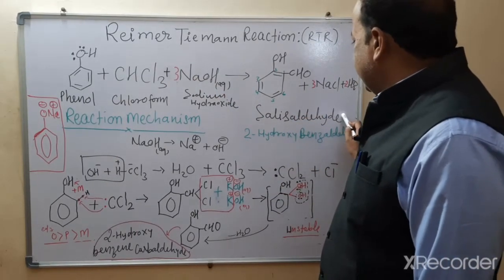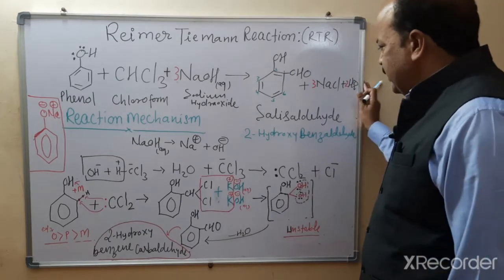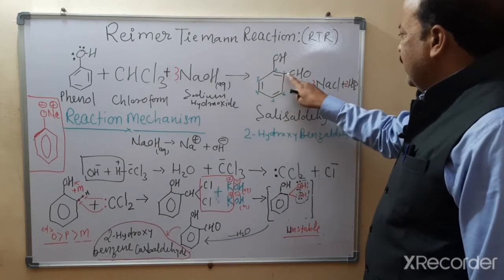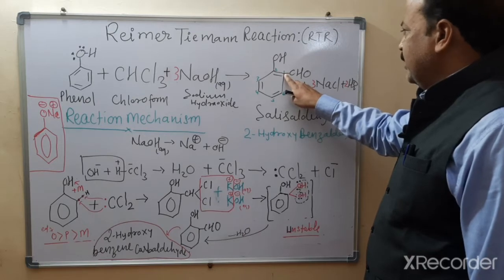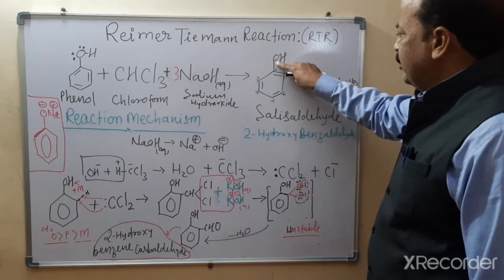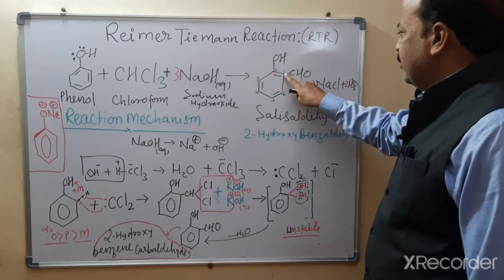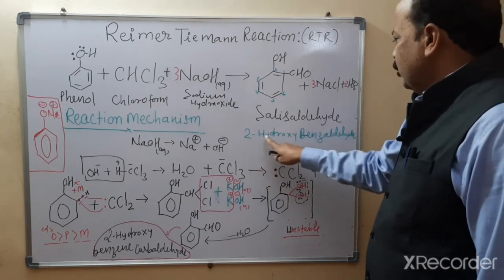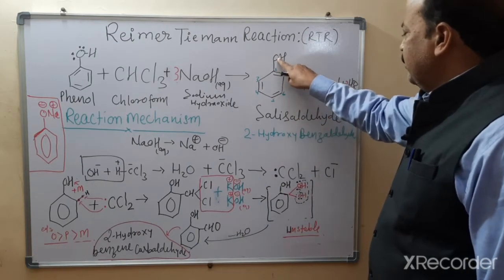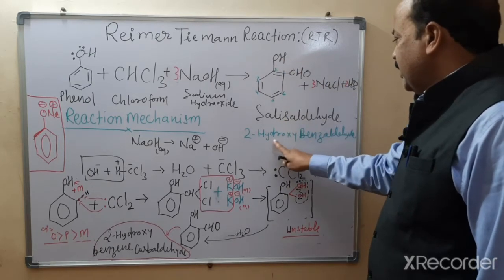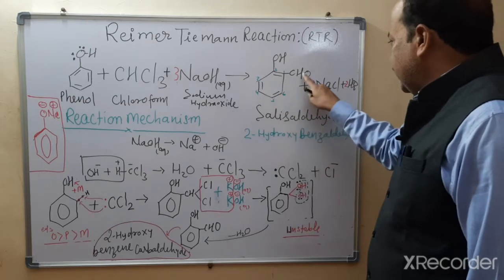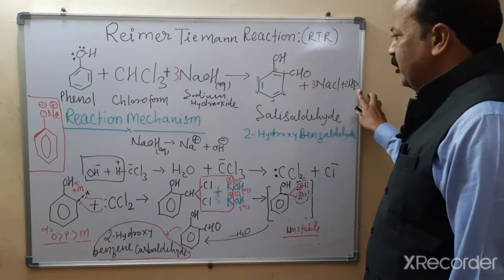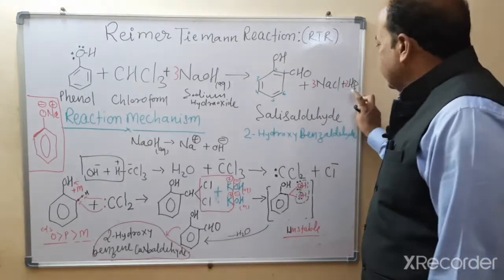Its name is salicylaldehyde, and its IUPAC name will be 2-hydroxybenzaldehyde. Now see here, this is the benzene ring, and this carbon will be the first carbon, because you know CHO is a senior functional group to OH. That is why numbering starts from here. So first, second, third, fourth, fifth, and sixth. So its IUPAC name will be 2-hydroxy, because the second carbon has the OH, which as a prefix is known as hydroxy. Thereafter the remaining part of the compound is benzaldehyde, and 3 molecules of NaCl and 2 molecules of water will form as side products.